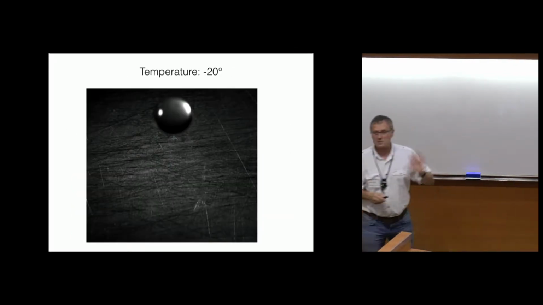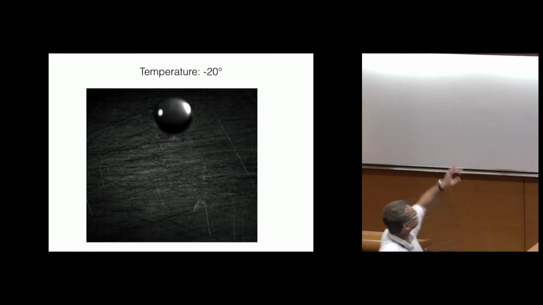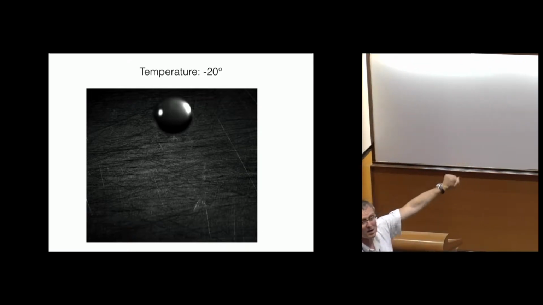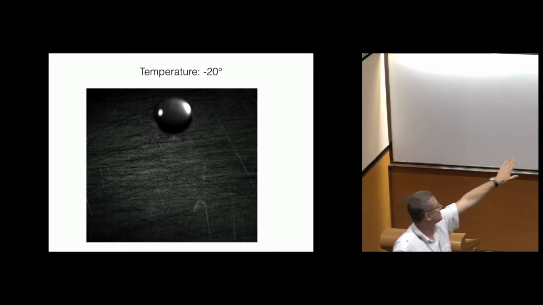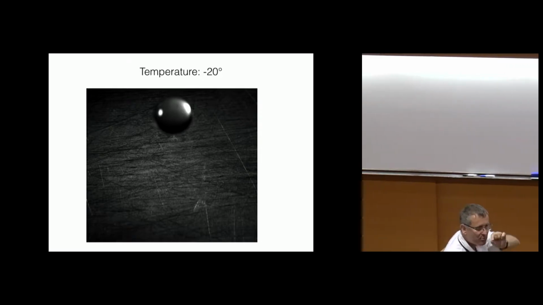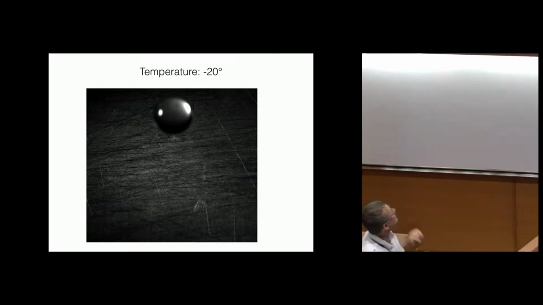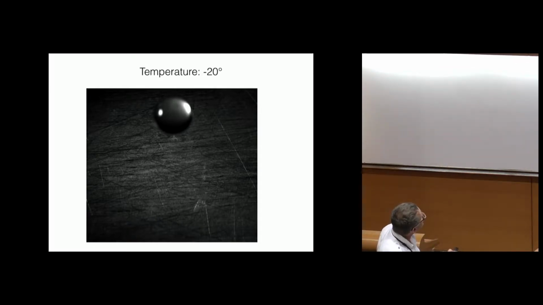So let me show you first an experiment that we did just to show you the mechanism. You have a drop of water which is impacting on a solid substrate, which is metal. You should not worry too much about this line, which is due to the fact that we try to make it as smooth as possible, and we have not reached the smoothest we could. We did it better after this movie, and even if it looks quite bad, it does not really influence the dynamics.